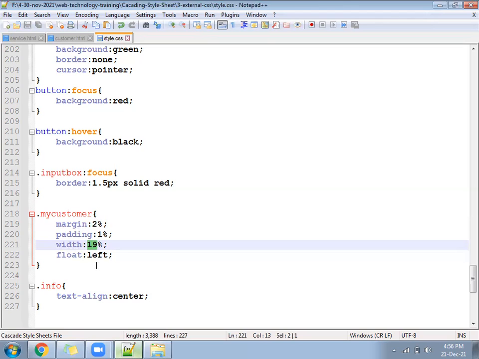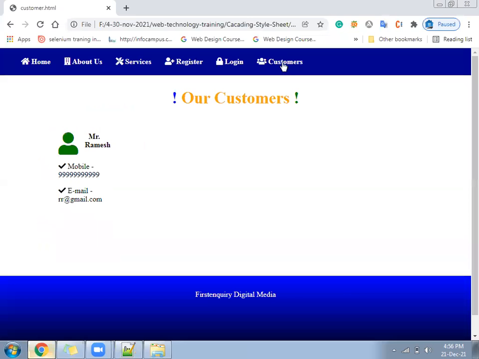Let me write 27.33. 27.33 will be the combination for 3 blocks. 27 plus 3, 30. 30 plus 3, 33. So if you want to make 3 blocks, then both came in one line. We wanted it one after the other.